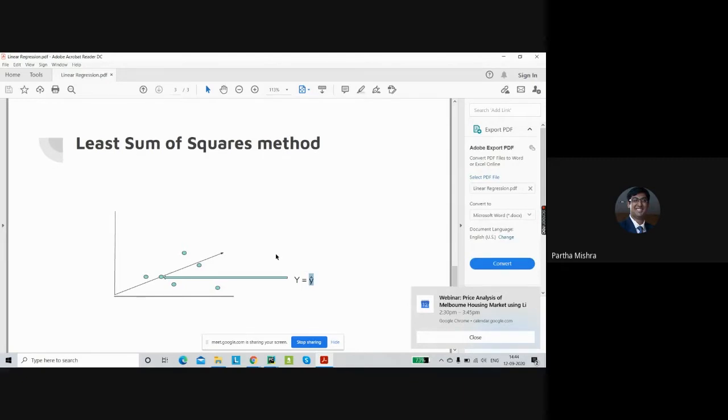Now we know linear regression is nothing but a linear relationship between two or more variables. So the model, whatever it's going to build, is going to give us a straight line equation. If you're plotting the data out, the x-axis and the y-axis, the name as it is, we can give it. So x is nothing but our attributes and y is our target variable.